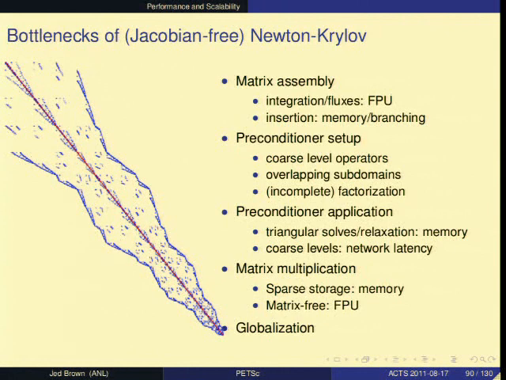Modern CPUs can only support a really small fraction of the memory bandwidth needed to feed the floating point unit. So, unfortunately, if you're going to use sparse matrices, you're going to end up being limited by memory bandwidth. If you use matrices in general and do single right-hand sides, then you're limited by memory. If you apply operators matrix-free, then often it moves over to the floating point unit.